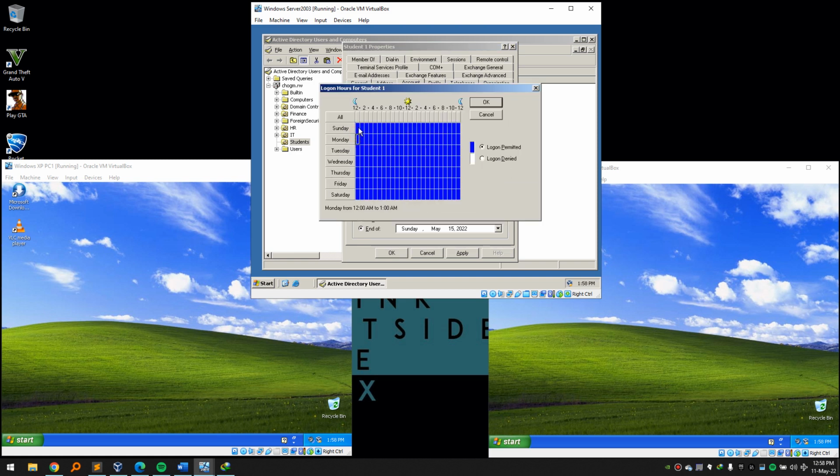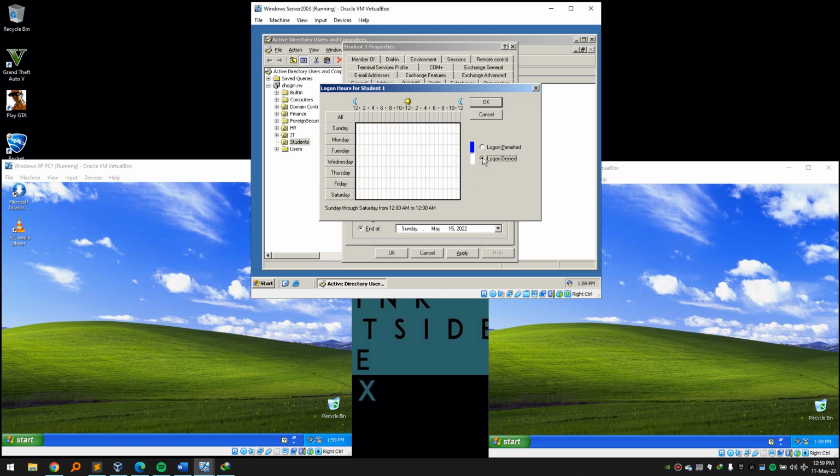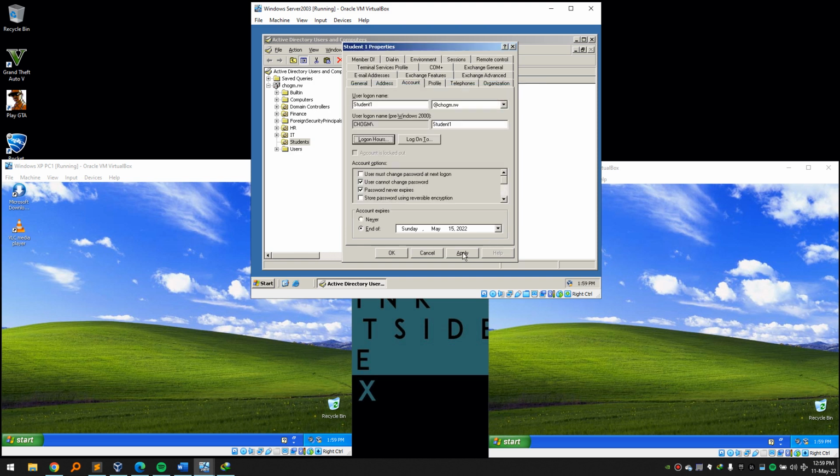So you need to select all here, then do this and select the morning hours. So it's from 8 a.m. to 12 p.m. for a student. So it's like this. Sunday through Saturday from 8 to 12 p.m. So I'm going to do this, but for now I'm going to leave it like this. So click apply,